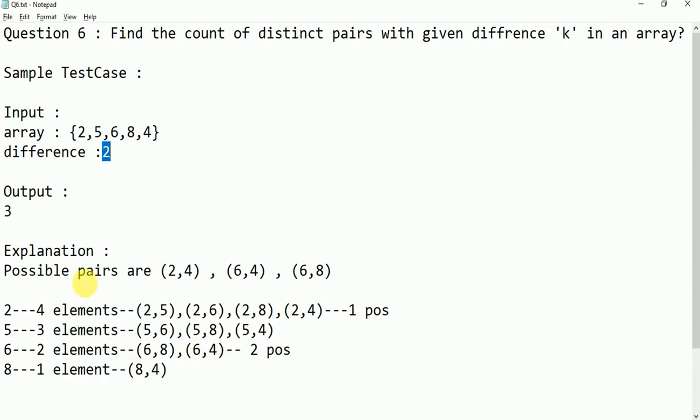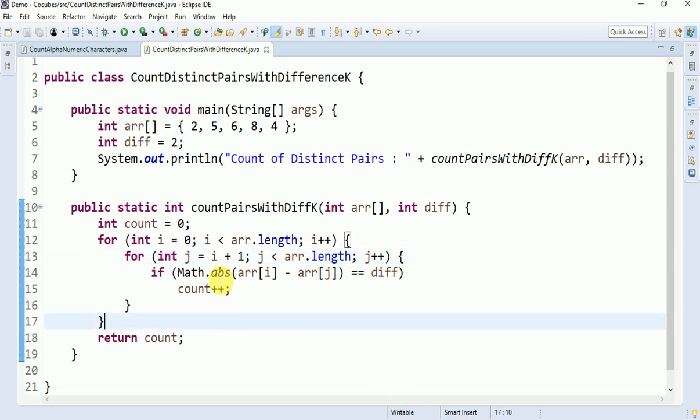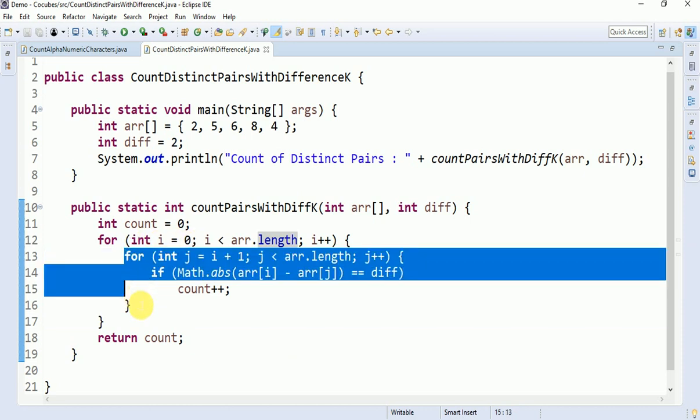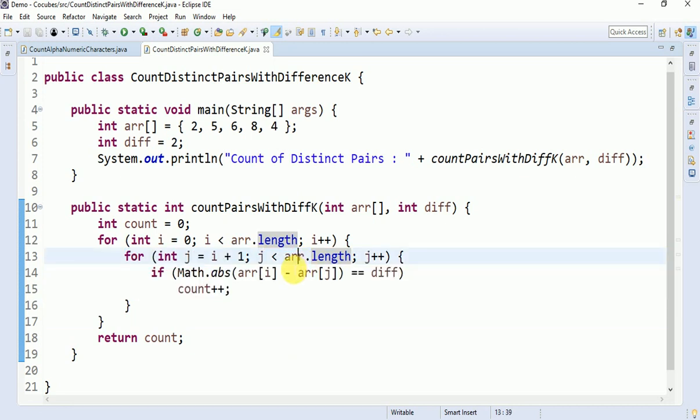Sorry. So here if you see, first it points to the first element of the array, nothing but index 0, and it checks with what? Next index, so nothing but I plus 1. So that's why it is happening, and I plus 1 goes up to the last element of the array, right? So one element will be checked with the remaining elements in the whole for loop. So how to check if array of I and array of j is equal to the given difference? Then only, what does it mean? It's matching, right? So then we can count it. It's a perfect pair for our difference.